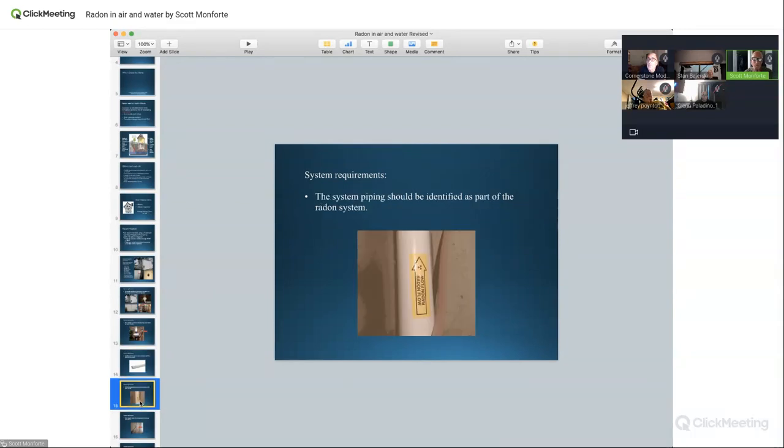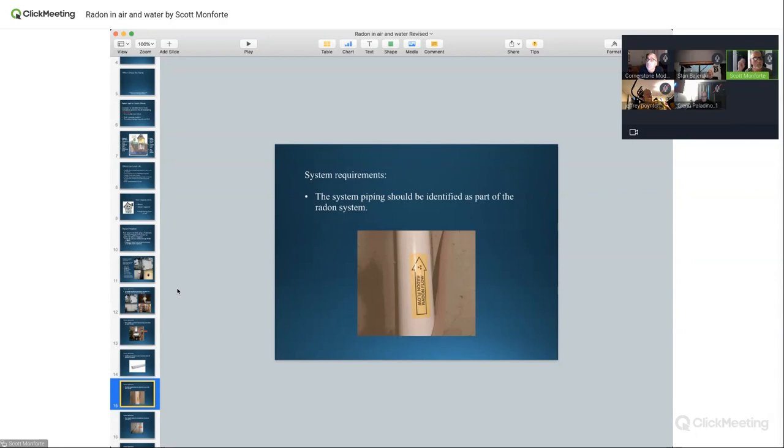We label every pipe. We have to label the system. Even if we do multiple draw points, I have little stickers, radon pipe, in the wall. Whether I do it with a marker or a sticker, what happens if a plumber opens the wall? Oh, look at this. There's a 3-inch pipe here. I try to label top and bottom in a wall if I'm doing an internal installation, because you can go through the house, or even the builders. When the builders put the pipes in, most of their plumbers that do the work do not label it. We label it in case somebody opens up the wall, or somebody sees the pipe running through the basement.